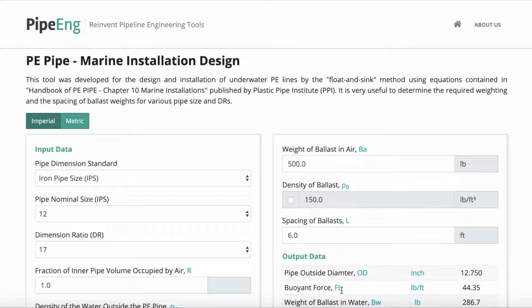HDPE pipe has been used in many marine applications. Because the density of the HDPE pipe is less than water, it will float even when the pipe is filled with water. Therefore, we will have to install some weights, like concrete weights, on the pipeline to make sure it can be